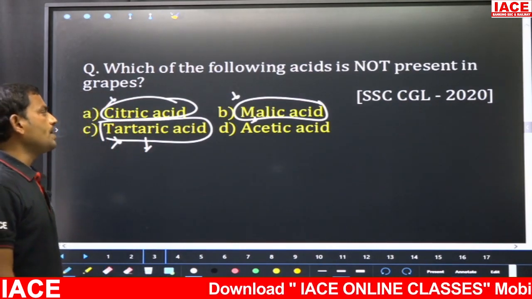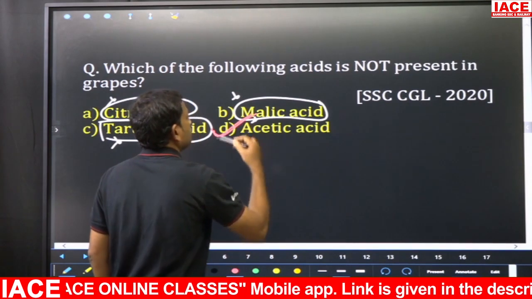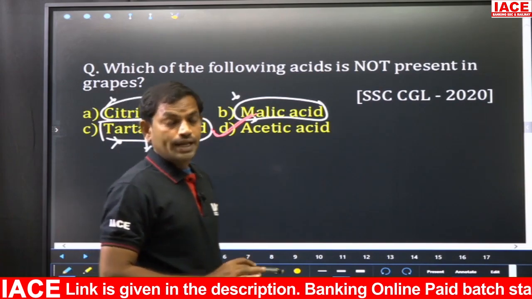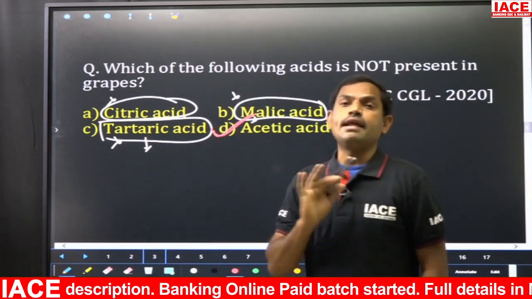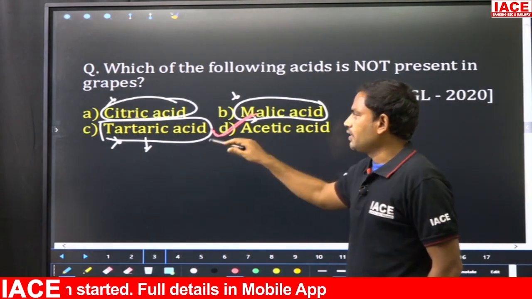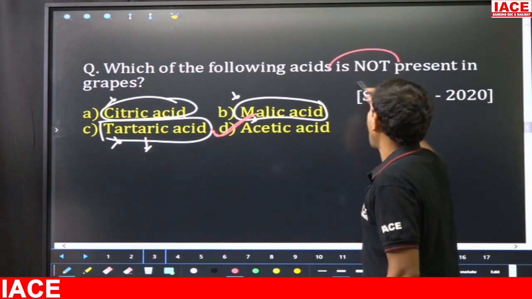Right. So here we have to choose option D as the right answer for this question. Right. Because acetic acid is not present in the grapes, right? So only the three acids, malic acid, tartaric acid and citric acid are present. Since the question is asked not present,